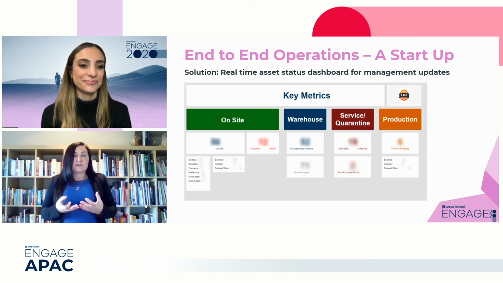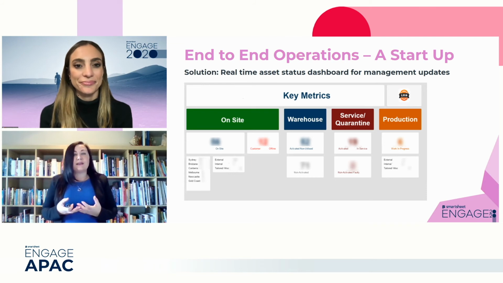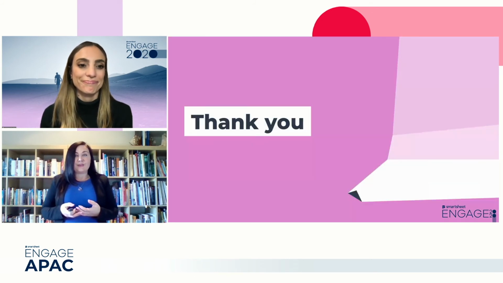Due to time, I can't show you everything that this solution included, but essentially this was a startup that started very simply and evolved, and the system just grew. And with Smartsheet's capabilities, even when we believed we couldn't, we were able to continue to add on and solve the problems that were presented. This solution really worked. We've had 100% success rate with tracking assets. This was the first time we worked with Smartsheet. You don't need to be an expert because the power of Smartsheet really is only limited by imagination. Thank you.